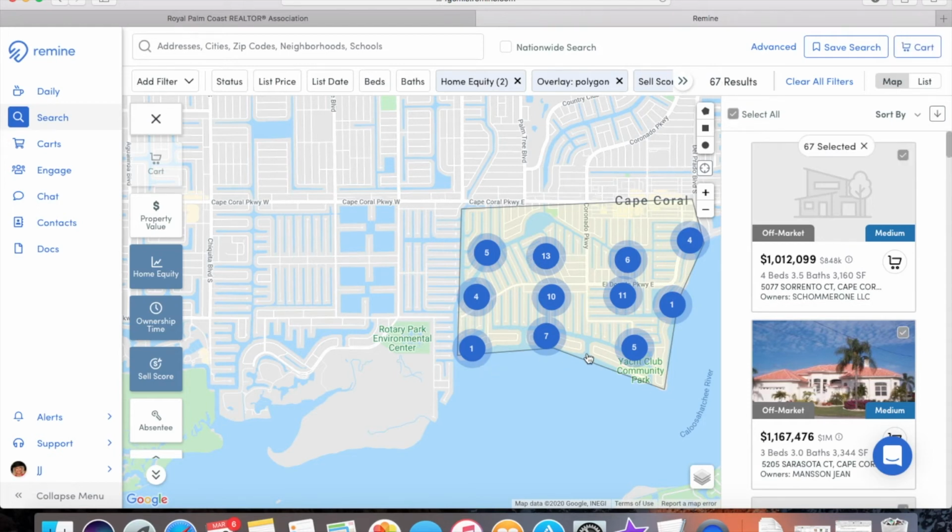So once we have our shape drawn the way that we want it, and we have the amount of results that we want in our demographic and our farming area that we desire, we're going to go ahead and click Select All so that it selects all of the thumbnails running along the right hand side. Once we've done that, we're going to click Cart,